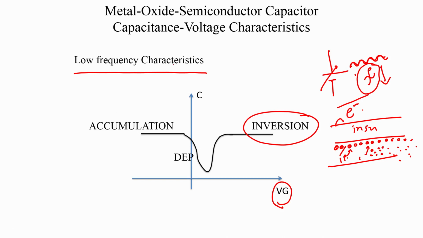So, that is the low frequency characteristics, and based on our discussion earlier, let us plot the capacitance versus the gate voltage and sweep the gate voltage. Let us mark our VFB somewhere, or easier to just mark Vg minus VFB. In accumulation mode, you have holes at the interface, and the capacitance is equal to Cox, which is epsilon ox by Tox. But the moment Vg starts going above VFB,